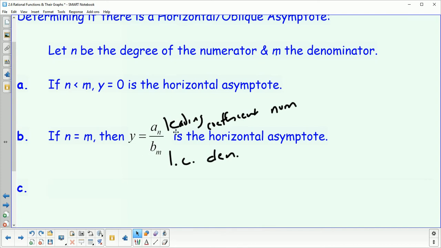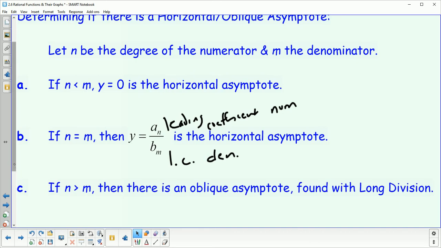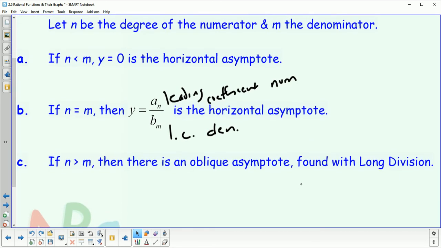It's just going to be the leading coefficients in the numerator over the denominator, and that'll be a horizontal asymptote. You can get an oblique asymptote, which is actually going to be like a diagonal line, not vertical, not horizontal, when m is greater than n. And the challenging part here is that we're going to have to do long division in order to figure out